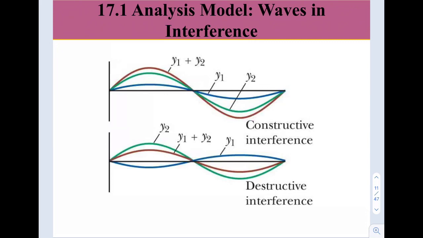Let's say one of them, y2 here, has positive y displacement, but our blue line, y1, is in negative displacement. So when this one reaches crest, this one is reaching trough. So they're going to overlap. When you do the addition process, be careful, this one has a negative sign. So the product of it, you have the brown color here, which is less compared to this one, right? So you have to do the process accordingly. We call this destructive interference.